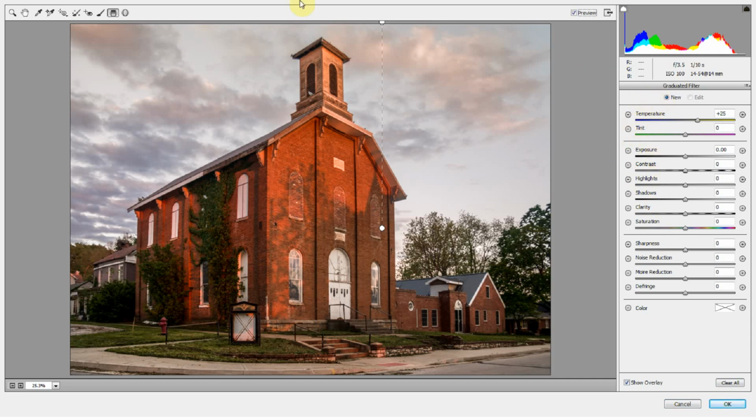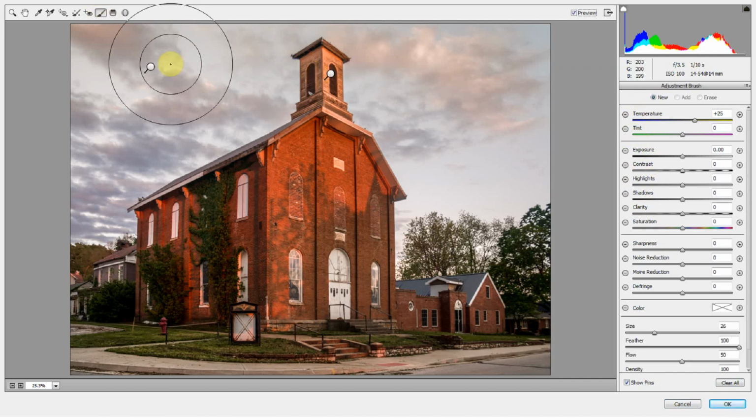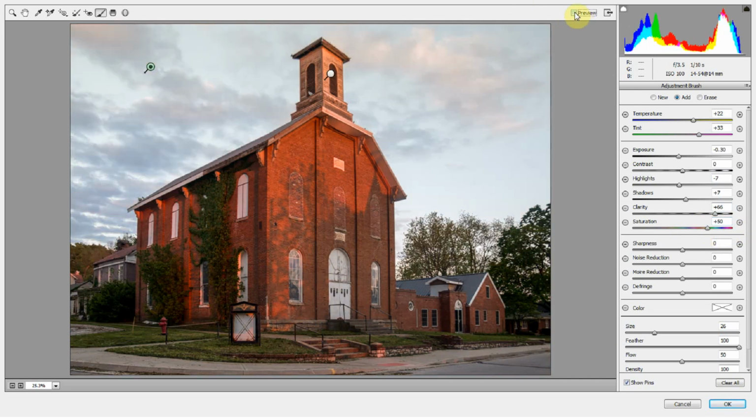I think the background here, though, could use a little bit more of something. Let me see if I can boost it a little bit. I think maybe some more saturation. Too much. Don't like that much saturation. Alright, that looks good to me. So just with the adjustment brush alone, this is what we've done to the photo. Even with the adjustment brush, it looks better.